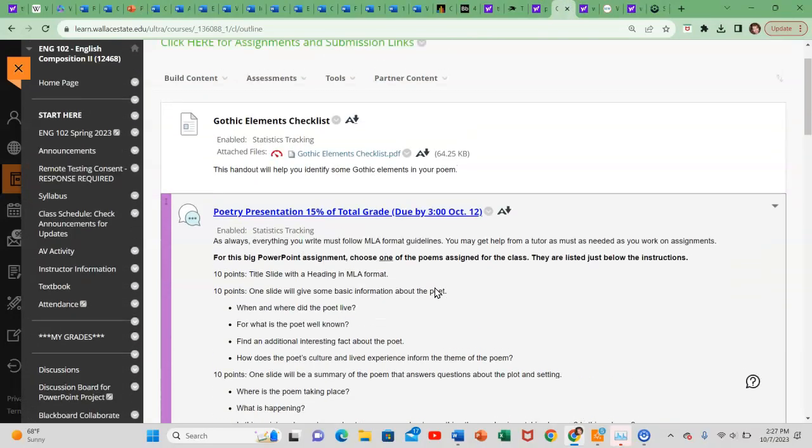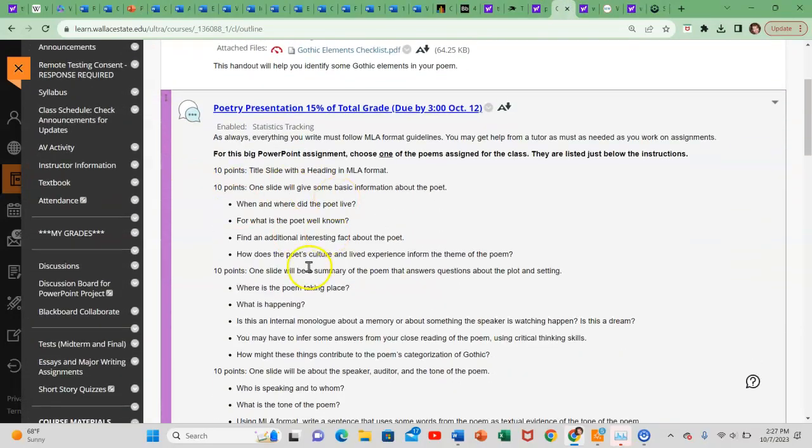The next component is going to be a slide with some basic information about the poet. Where did the poet live? For what is the poet well known? So maybe what time period or what kind of poetry does this poet tend to write? An additional interesting fact about the poet, and something about how the poet's culture and lived experience informed the theme